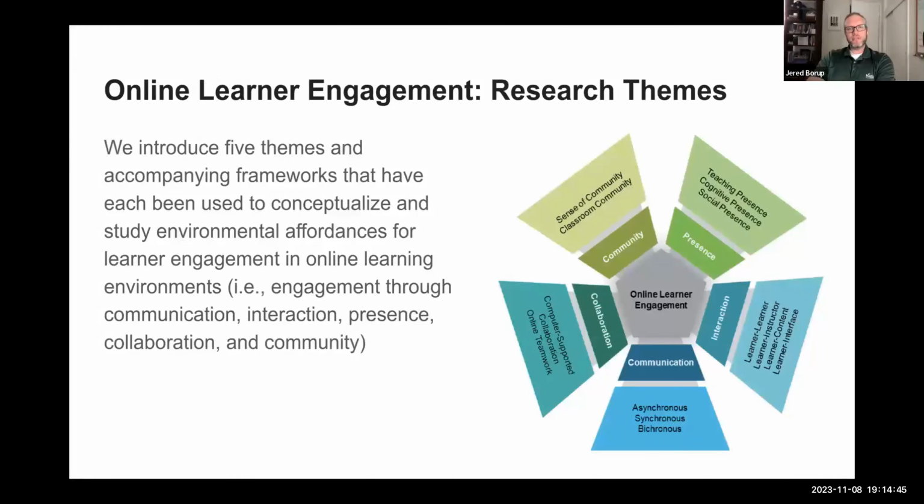So when we looked at the research, oftentimes they weren't saying that they're researching learner engagement, but we found that there were some adjacent themes or some core areas in the research that are related to learner engagement. So oftentimes they'd be researching community or presence, especially with the community of inquiry framework, or interaction, communication and collaboration. So oftentimes when you're researching learner engagement, they're not naming it. And so you kind of have to look at these adjacent themes. And that's what we started with.